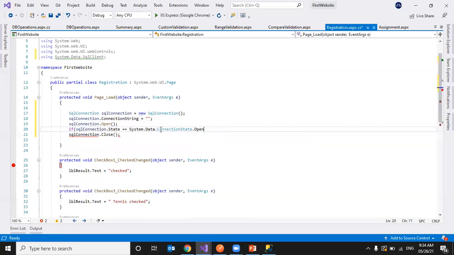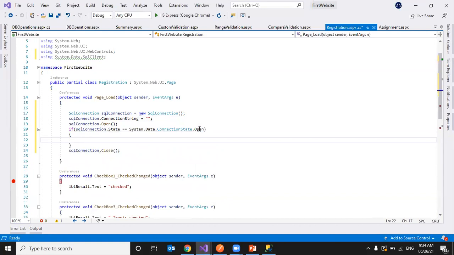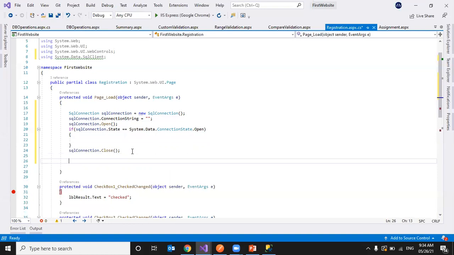If the connection is open, it will return 1, so we can display a message here, the connection is open. If you want to close it, we can use the Close method. This is about SqlConnection.